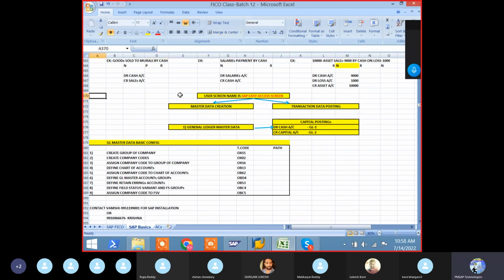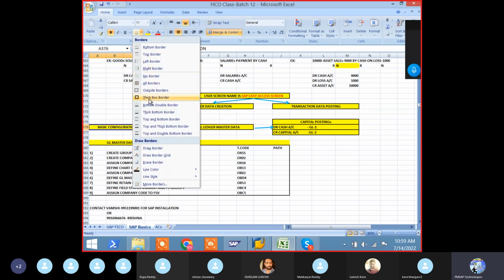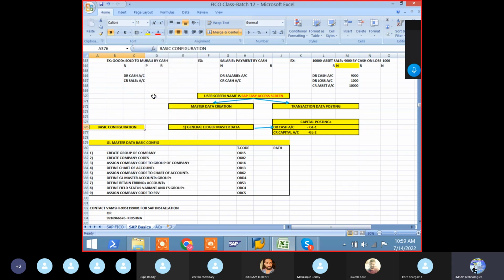You cannot perform any business transaction. If you want to perform this business transaction, then it's required that first you complete the basic configuration. You have to complete the basic configuration. Without basic configuration, the system will not allow you to process the